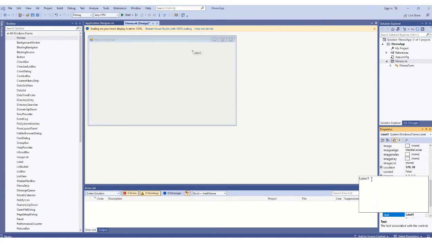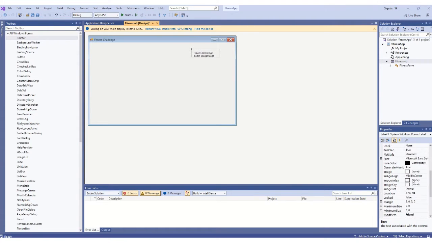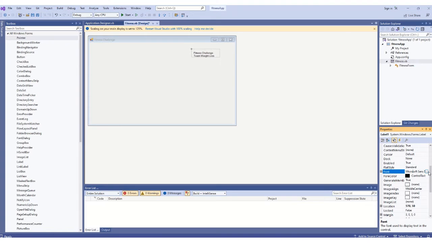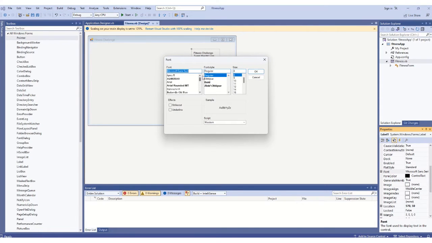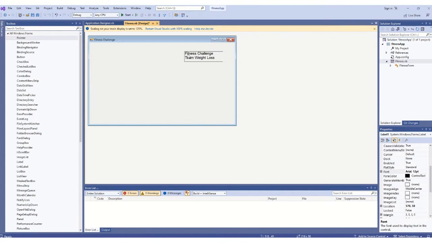fitness challenge team weight loss. So change the font as usual. So make it Arial. I mean that's my choice, your choice may be different. So that's it. And then